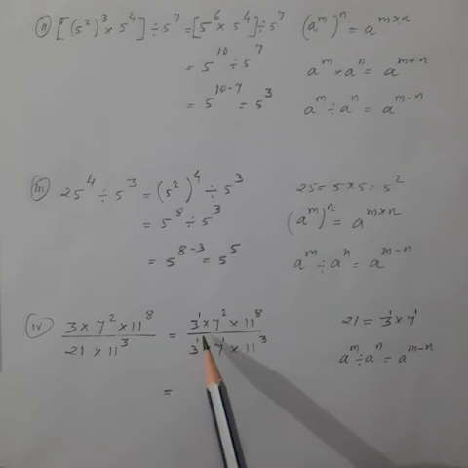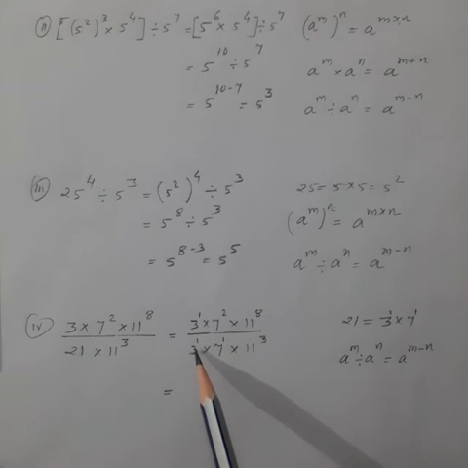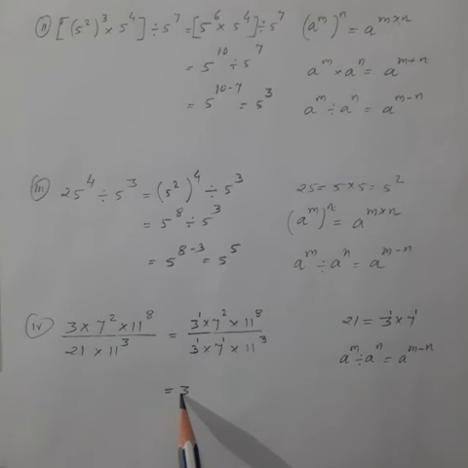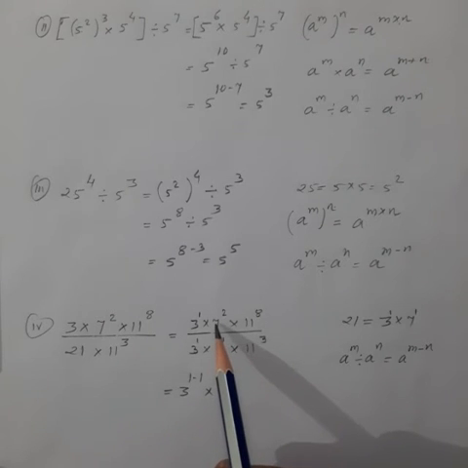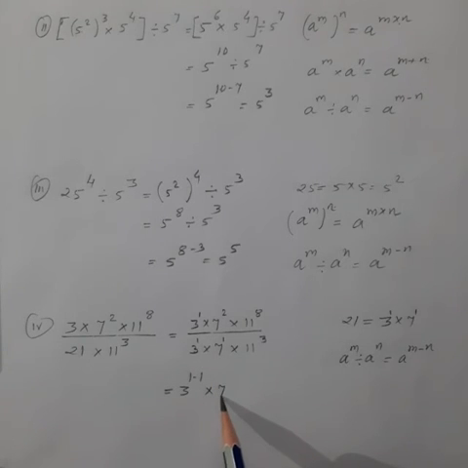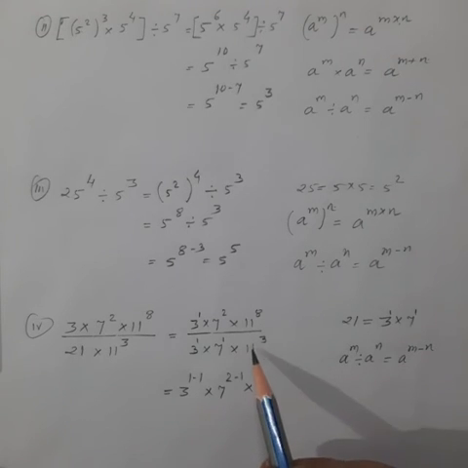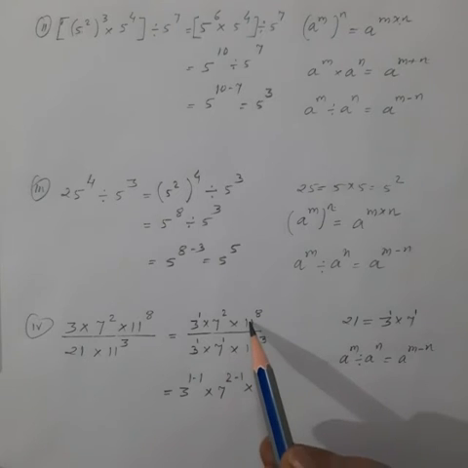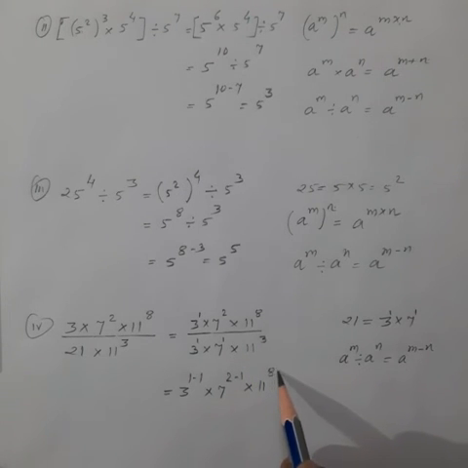Now same numbers from numerator and denominator we can cancel, or this is the division of the numbers with same bases. So take the base common and subtract the powers. Second base. Here also it is the division of two numbers with same bases. So take the base common and subtract the powers. Third base 11. It is also a division of two numbers with same bases. Subtract the powers.